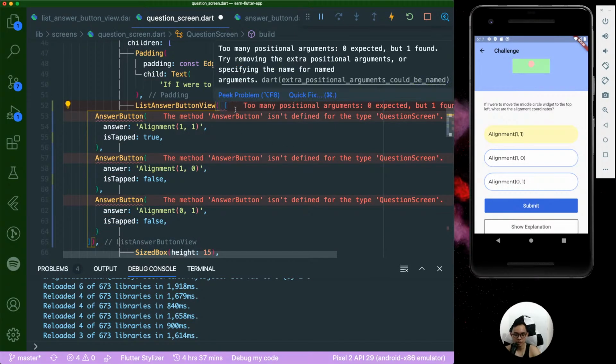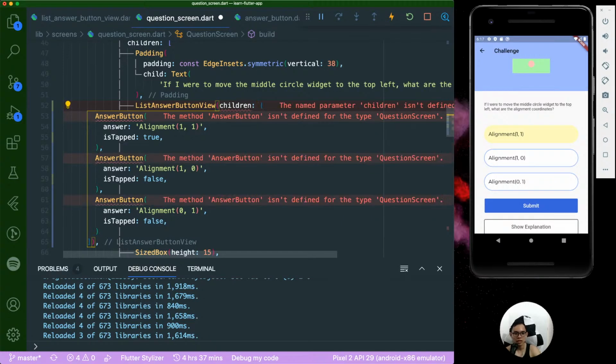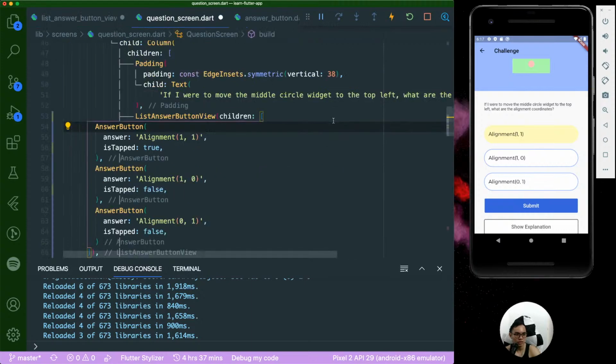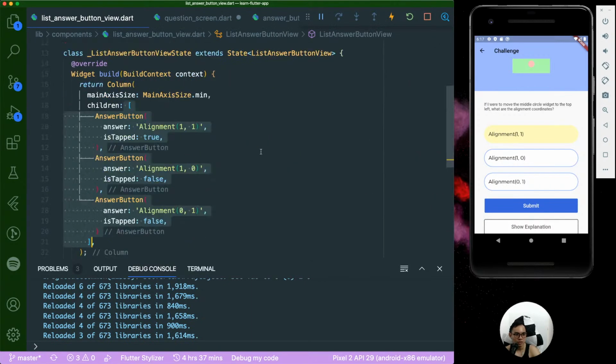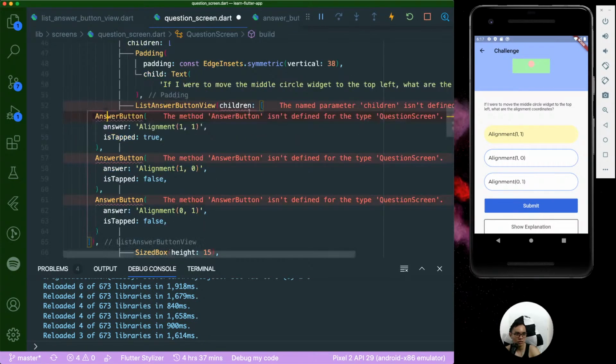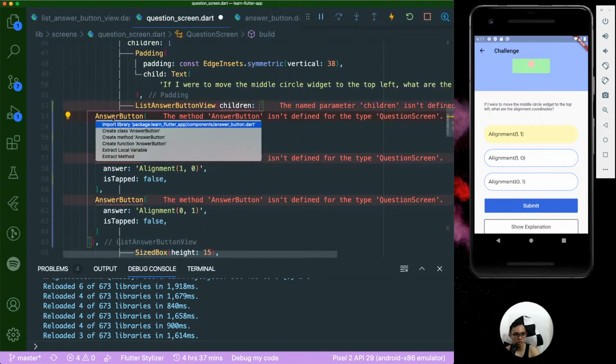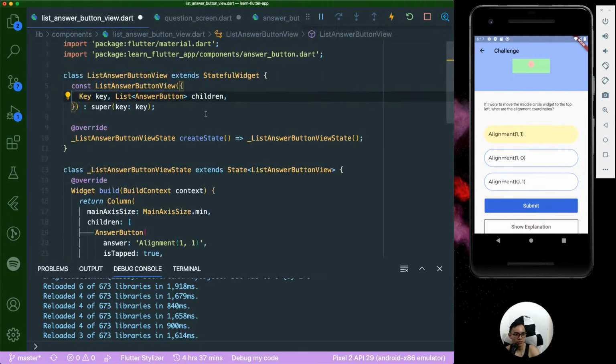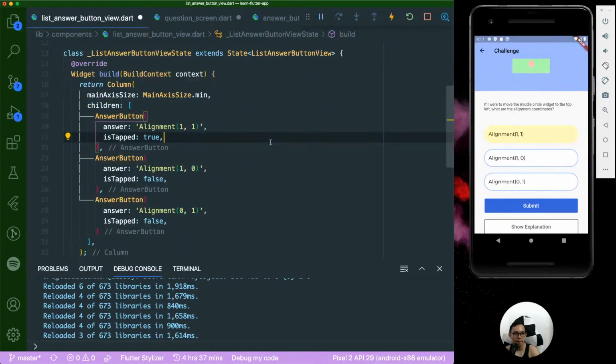Then this should be list answer button. Just put children. Then we just add the name parameter as such. Then let's import the answer button as well. Okay, let's import this. And then let's go to children, and then it will hopefully add in a list of answer button. Yes. Okay, cool. So children will be